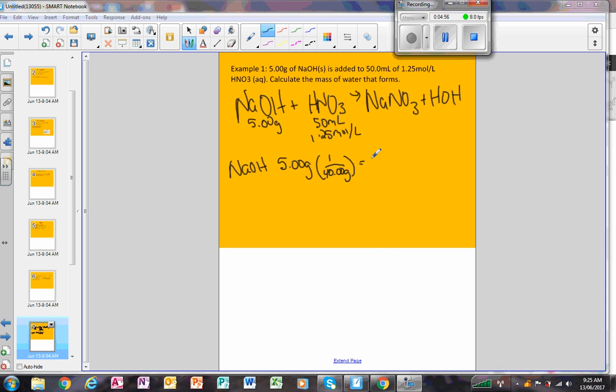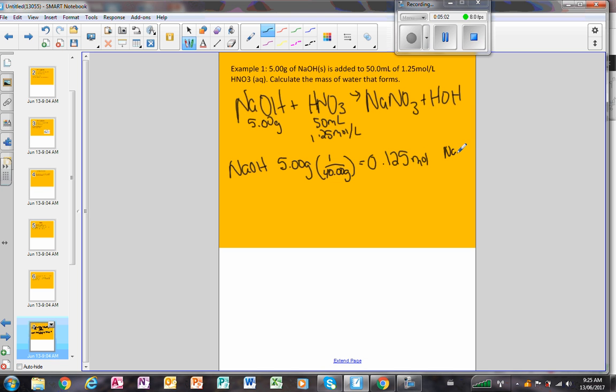And so we end up with 0.125 moles of NaOH. Always get in the habit of writing the reactant for the moles that you've just calculated. This will help keep your numbers straight when we get into more complex steps. So looking at nitric acid,